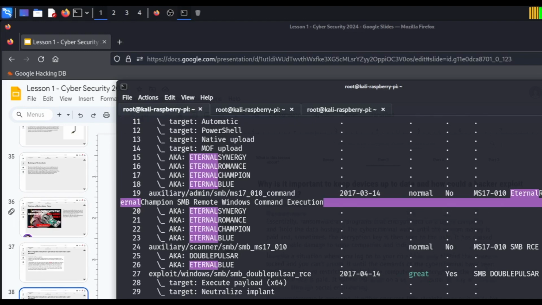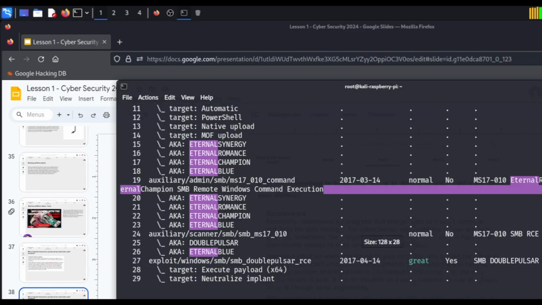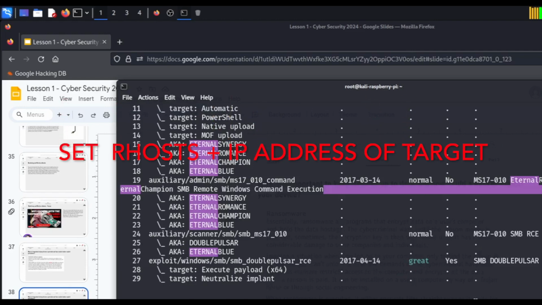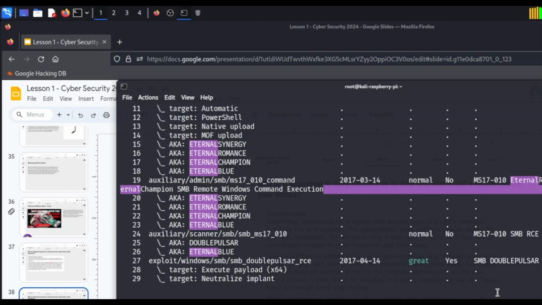And then we need to set the IP address of our Windows 7 machine. Now, remember, the IP address that I'm using may be different to the one that you're using, so do check your IP addresses before you begin. I'm going to close these unnecessary tabs, just so we can save on memory here. And we're going to type in set RHOSTS, which stands for remote hosts. Make sure it is plural with an S on the end. I'm going to type in